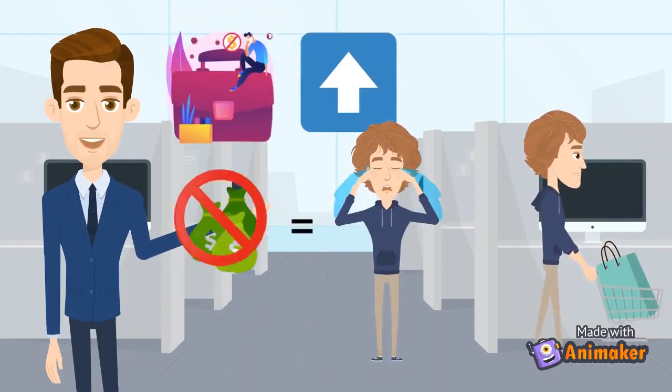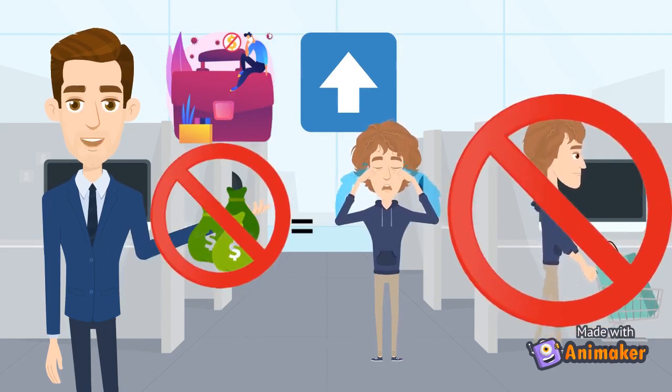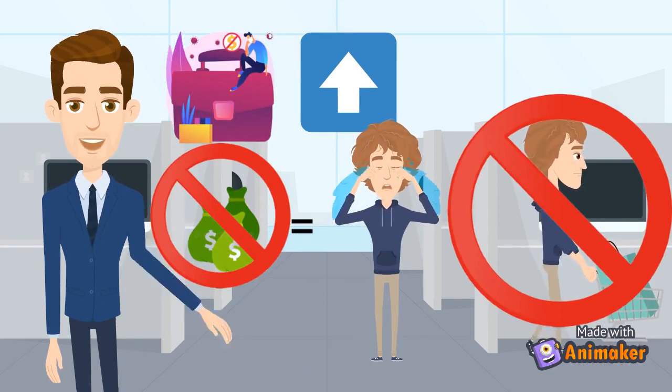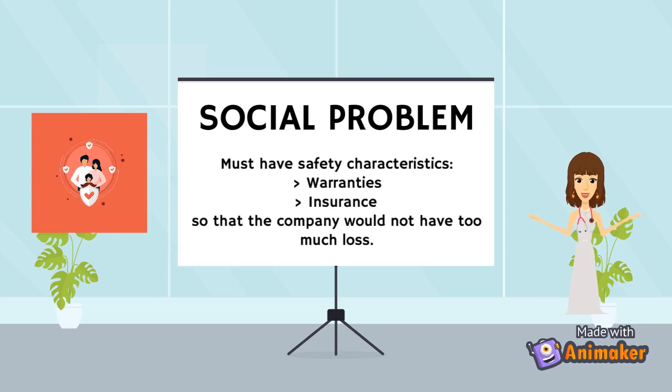Prices are set depending on the unemployment level. If the unemployment level is high, people don't have money to buy. If marketers set a high price at this time, people won't purchase it. When a customer is planning to buy a car, they are not only buying a car, they will also be paying for the insurance, so that if they were to get into an accident, they can claim the insurance.